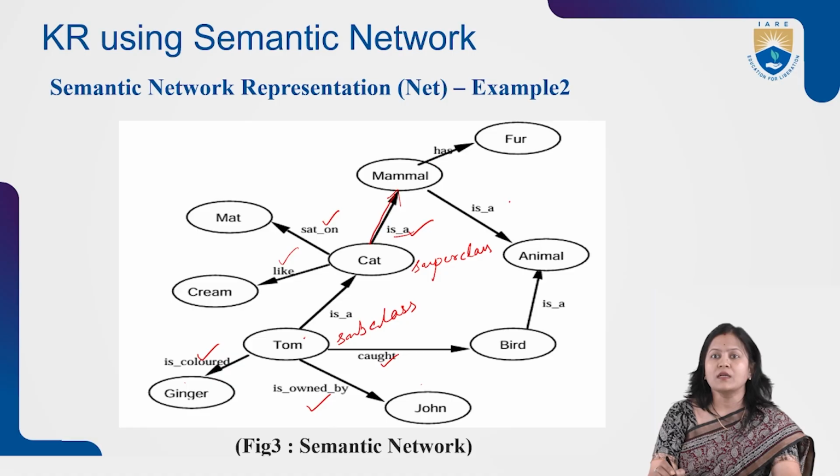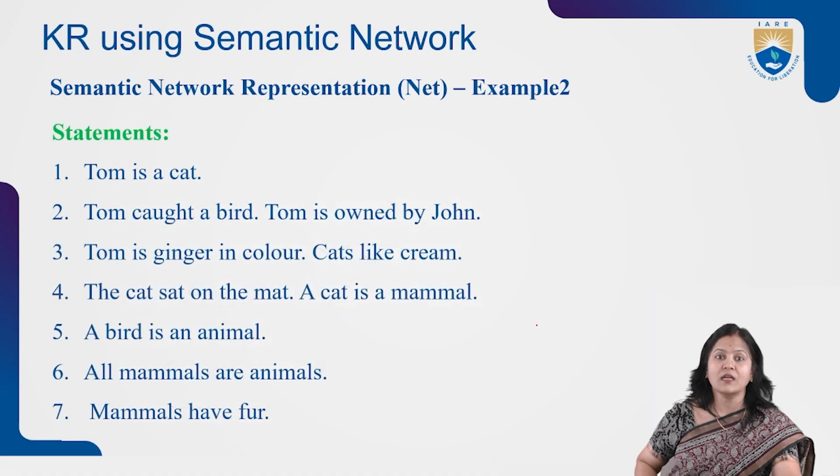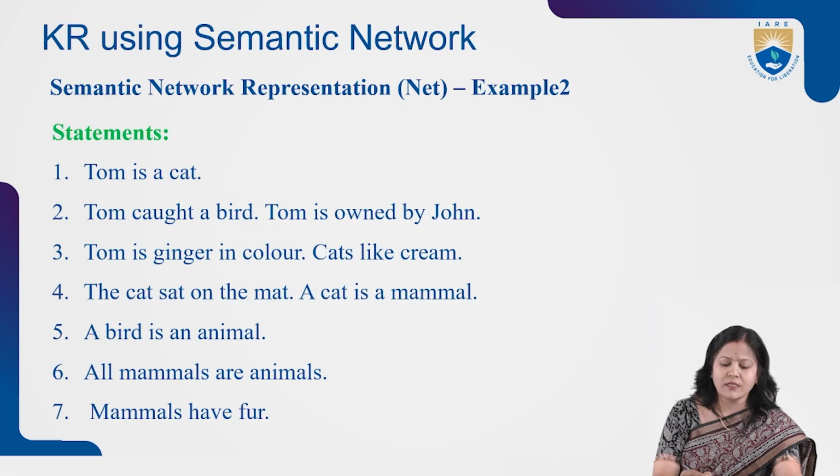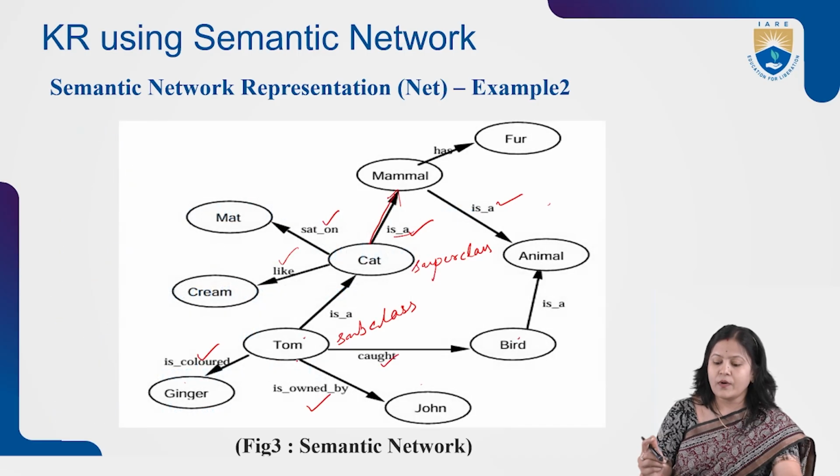Then mammal is an animal. This is the property. And bird is an animal. We cannot write animal is a bird in our statement. It is given that a bird is an animal. So the direction should be from bird to animal. So bird is an animal, right? This is the way we can represent. Now if you consider the attributes in all the statements, mammals have food. So food is an attribute of the mammal. So instead of this bold arrow mark, you can keep